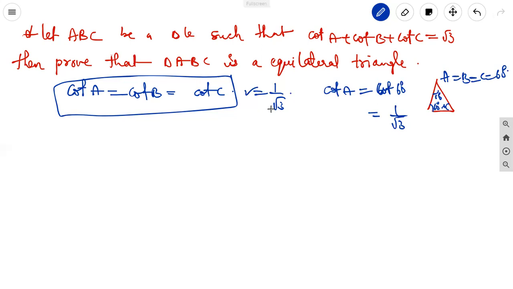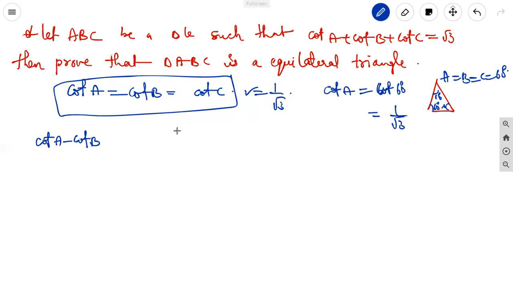That idea we get. When we get the idea, then we can think further. First, we can take the difference of any two terms, that is, cot A minus cot B. Not only these two, the sum of all: cot B minus cot C, again cot C minus cot A. If the sum of these terms is equal to something, then it is easy to take the cot B to the right side.